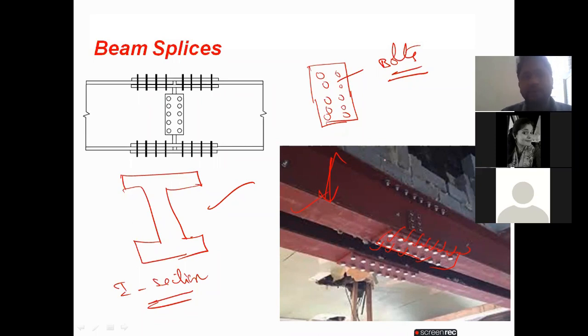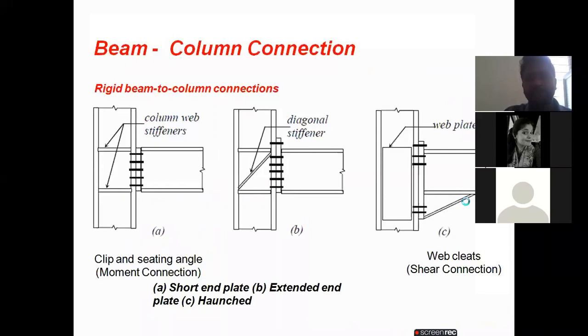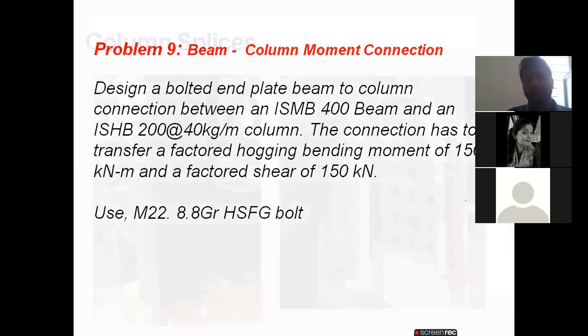Both are very important. I drew the bolted connection here in a 2D manner, but you don't know how we will execute it on the site. So we will execute it like this. This is a beam. There is a connection. That's why all these bolts are there. Now in this chapter, we have to design the bolt diameter, bolt strength, and the distance between the two bolts. Each and everything, and we have to check whether it is safe or not. So this type of connection we have to design. Anyway, wait for 1 second. I will show you one more diagram for your better understanding.